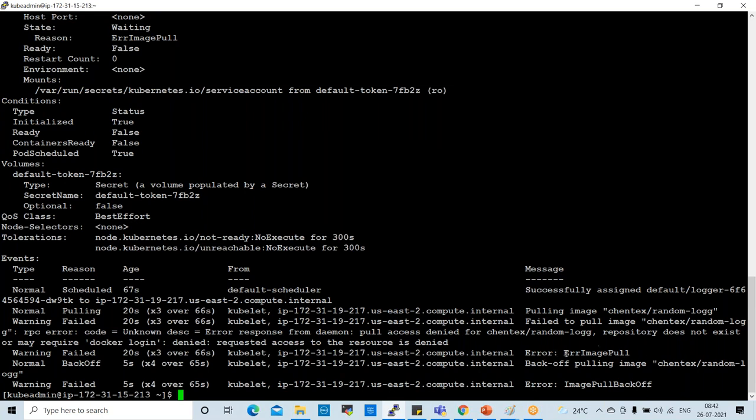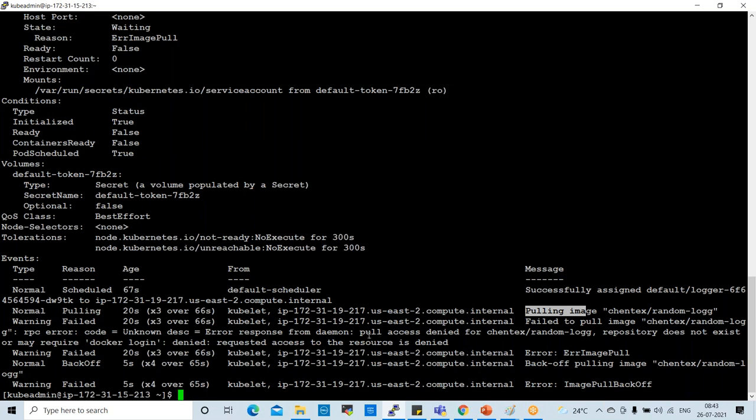Error: image pull back off, pulling image syntax random log. Clearly saying warning failed, it is failing, image is failing.